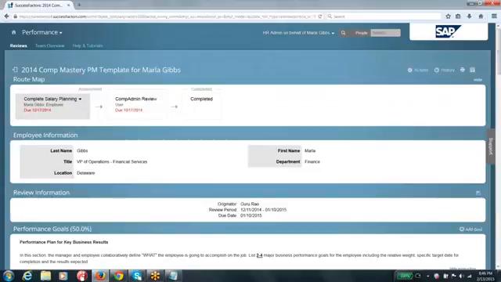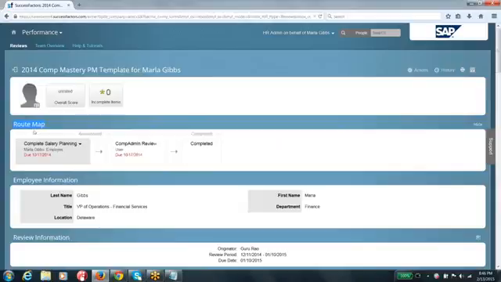And here you can see there is a route map, and you see three different steps. One is complete salary planning, another is comp admin review, and the last one is the completed step.